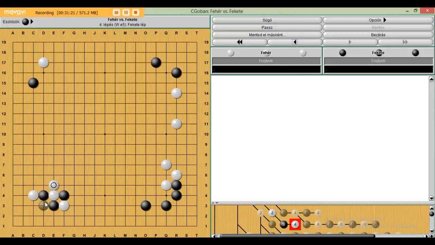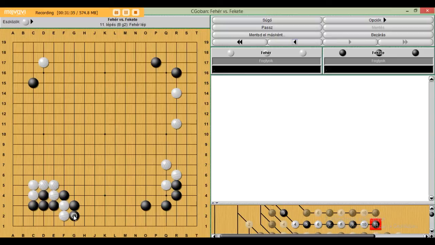some points here for the greater good, because like this it looks like that, yeah, black can easily capture these stones, but the thing is that now if we just simply